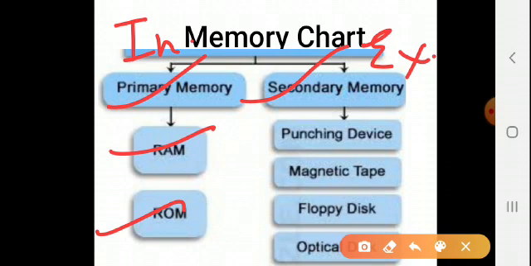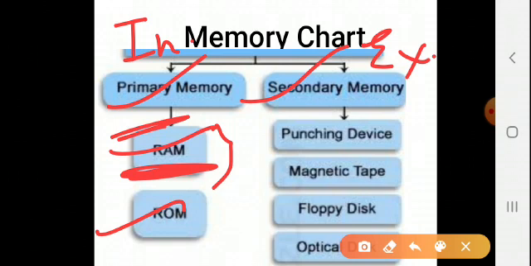So what is RAM? It is random access memory. The information exists till the computer is on. As soon as we turn off the computer, data gets erased. It means it is temporary. The data stored on this memory is erased when the computer is switched off. A calculator is an example of RAM.